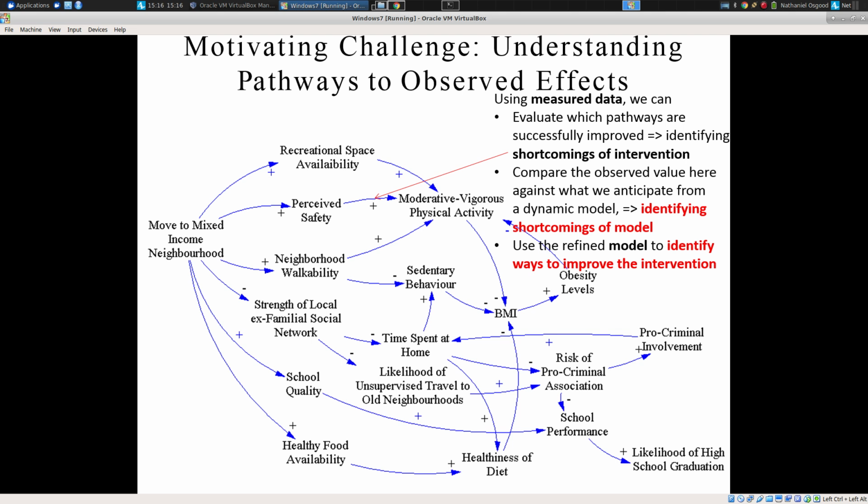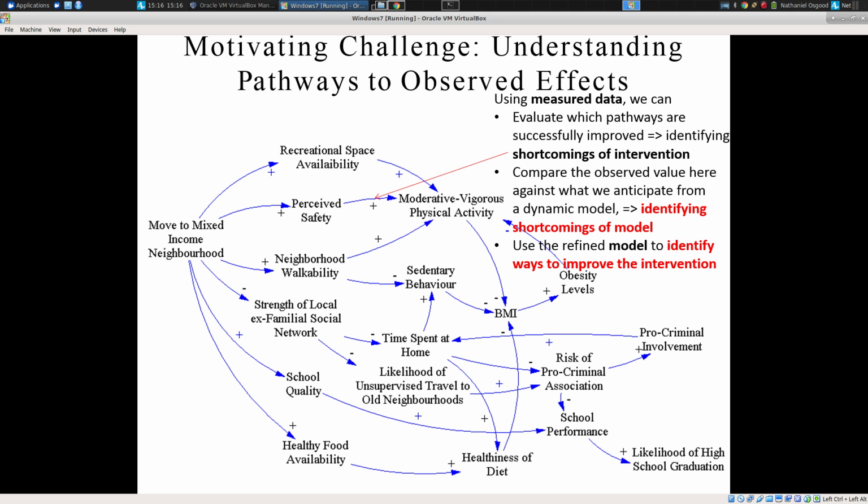The degree to which it's led them, for example, to engage in shopping for healthier produce and fresh foods, changing the healthiness of their diet. The degree to which the obesity levels, say, in an adolescent, have instead been mediated by the number of meals they take at home. We can start to delineate these different pathways which contribute to these different effects. This particular example was drawn from the Moving to Opportunity study in the States, where we did see improvements in obesity levels for teenage girls following a move to a mixed income neighborhood, but it wasn't clear what the